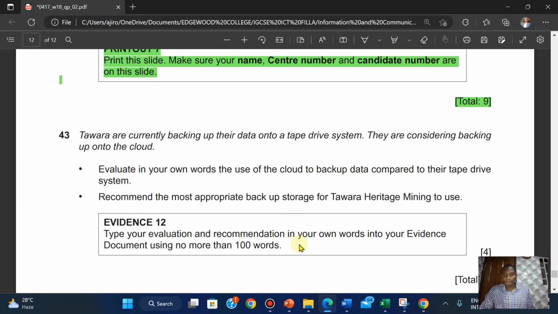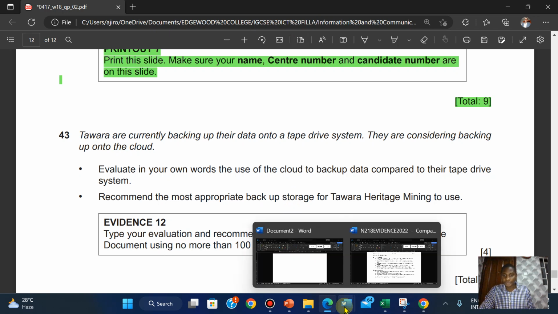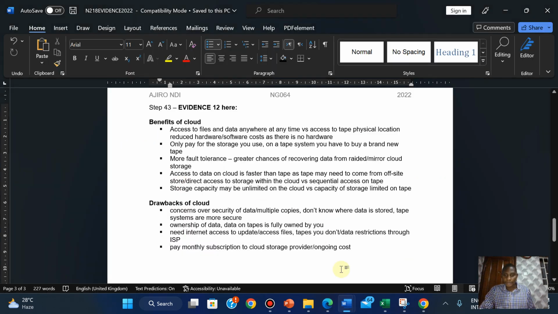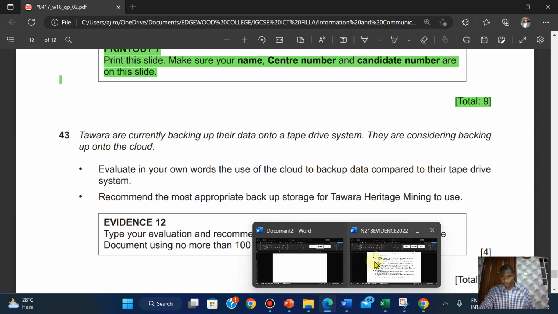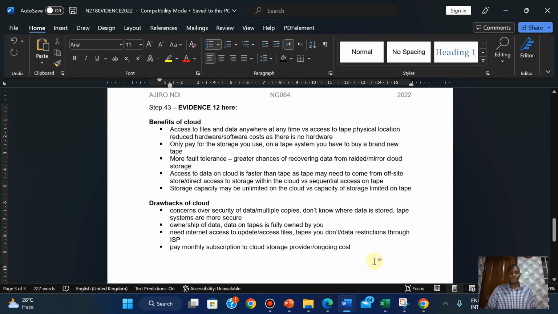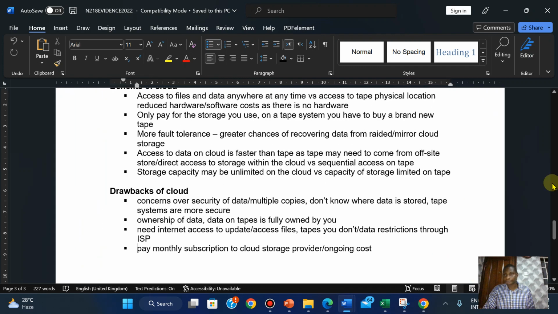Okay, so I've been able to post it in the evidence document, so let's look at it. Now we look at the use of the cloud to back up compared to the tape drive system, right? Now obviously the tape drive system, they are being saved on tapes, right? And now we're looking at the benefit of cloud over tapes. Okay, now for cloud, you obviously have it as